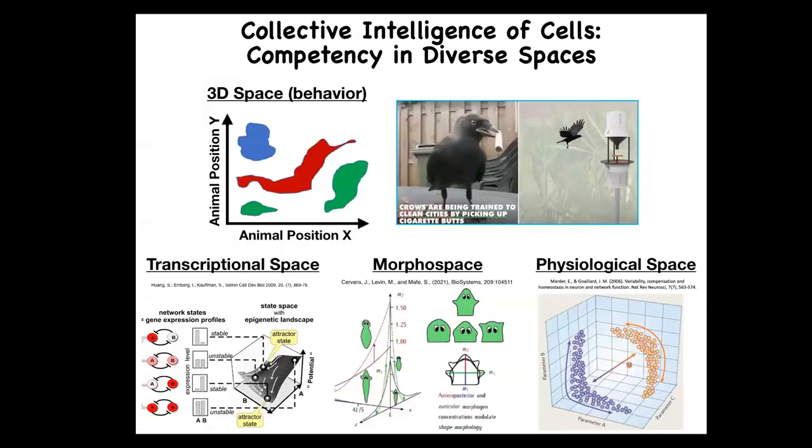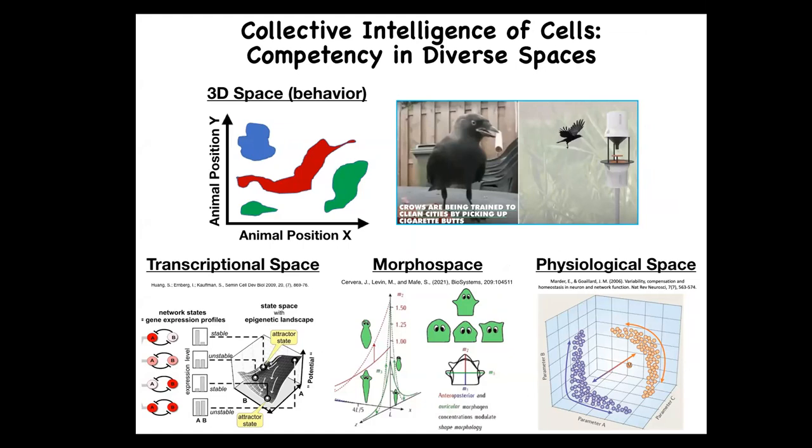navigating a different space. Now, we as humans are pretty good, we're not great at it, but we're pretty good at noticing intelligence in three-dimensional space. When we see medium-sized objects moving at medium speeds, we can recognize intelligence in primates and birds, maybe an octopus, whale, things like that. But what we're not good at all is recognizing intelligence at different scales: things that are very small or very large, or happen at different time scales, and in particular in different spaces. So there are other spaces in which intelligence can solve problems.